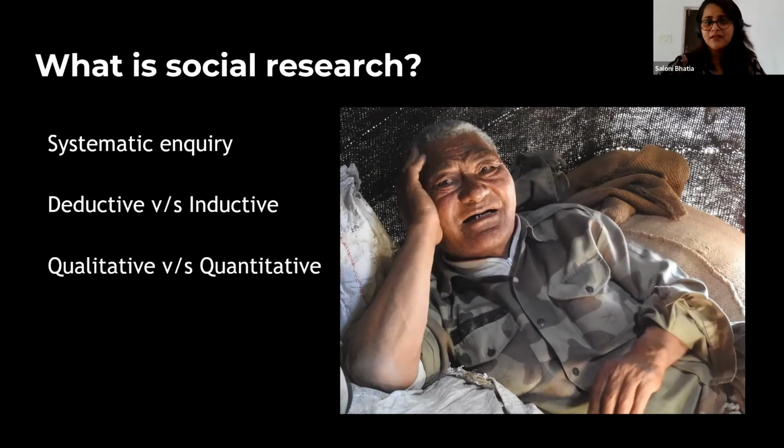And anyone who could give me an example of quantitative social research? A quick example? Pause interviews, SEM, number livestock lots. Yeah, correct. Excellent. So qualitative need not always be verbal. It could also be based on pictures. You're trying to analyze pictures, for example. That could also be qualitative. It need not be only interviews. It could even be audio recording. It could be looking at archival searches and things like that.